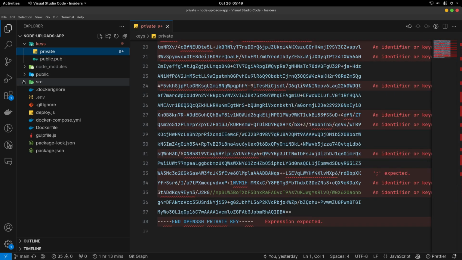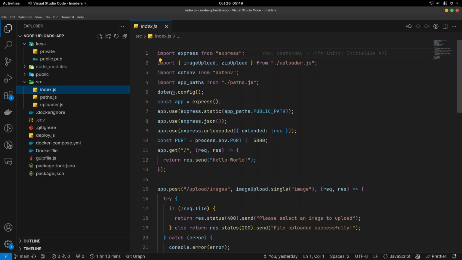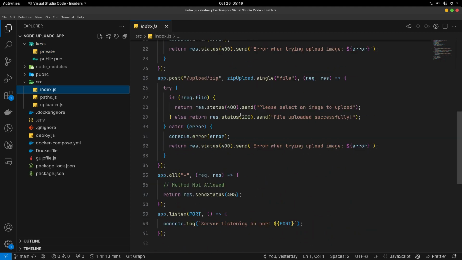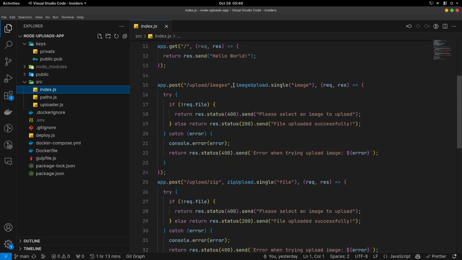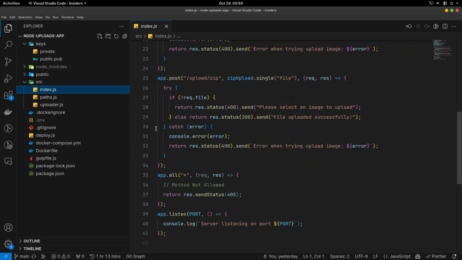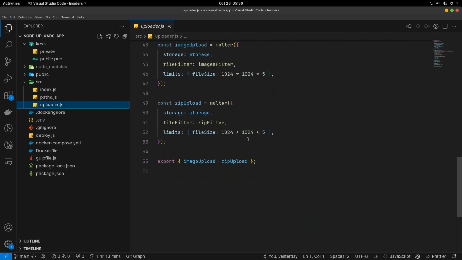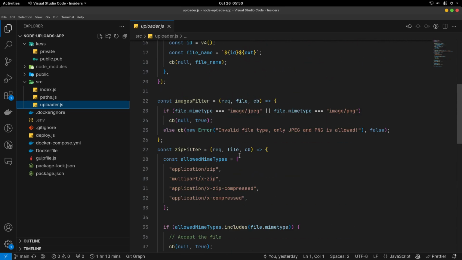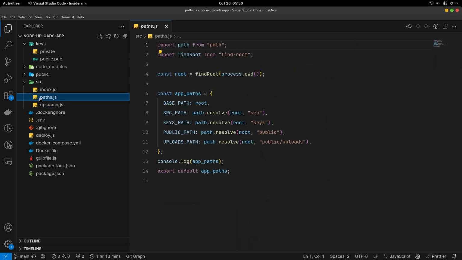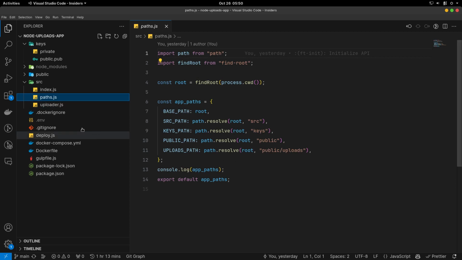Then we also have our application. Here is where it's located. It's just a simple upload. It will be able to upload a zip or upload an image, and then we'll be able to see that. So we have this upload setup. This should be familiar to anyone who has already coded JavaScript. The big takeaway here is we won't be focusing on the code, but rather on the pipeline